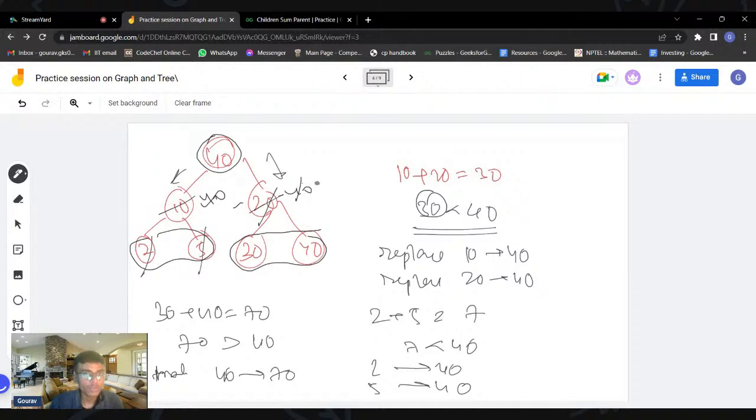So if the sum of the children is less than the parent, you will increment the children. But if the sum of the children is greater than the parent, you will increment the parent. Okay, so this is how the algorithm will proceed, and the 20 will become 40 in this case. Again, you traverse back and bring a result for the same as well.